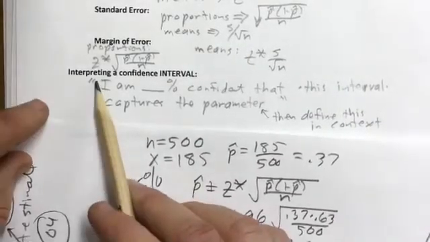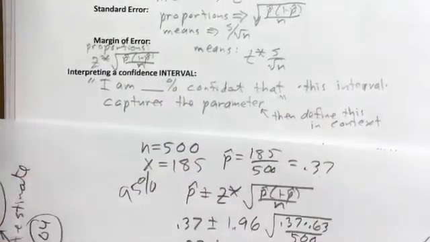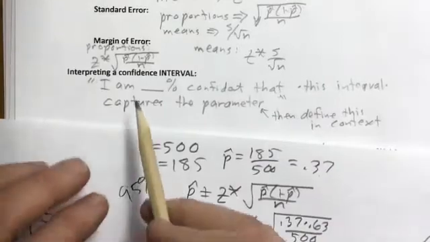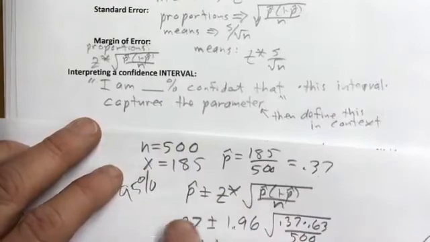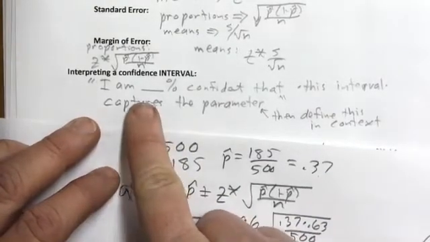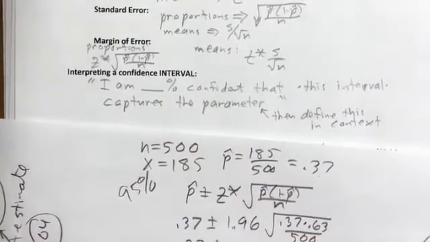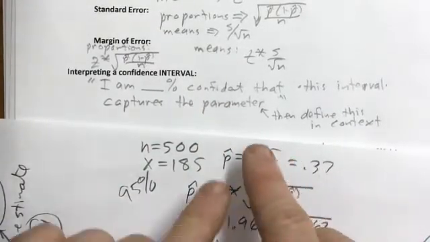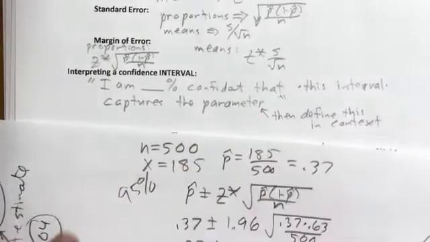So what does it mean to interpret the confidence interval? It means you're going to write this statement. To interpret the interval, you're going to say this: I am blank percent confident, whatever's given in the problem, 99%, or in this case, it was 95%. I'm 95% confident, whatever, that this interval captures the parameter. You're going to say that every time, but you have to say it in context and define what the parameter is. In other words, in this particular case, you would say, I'm 95% confident that this interval,